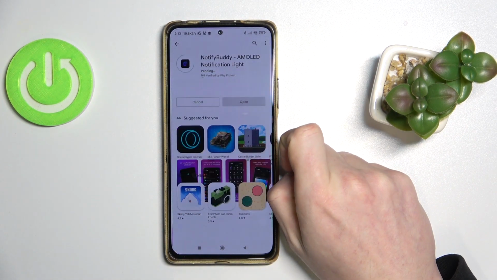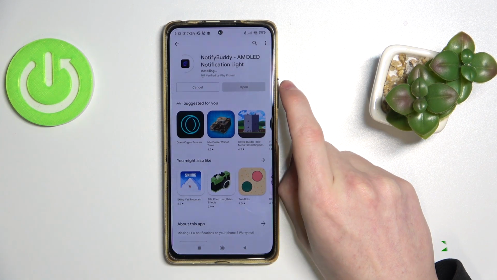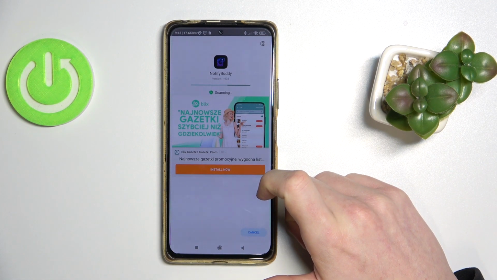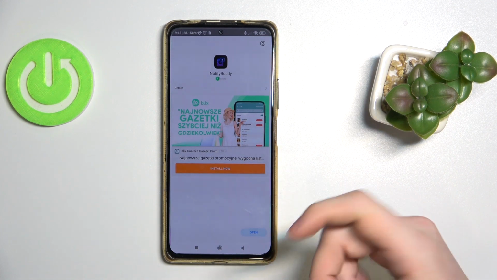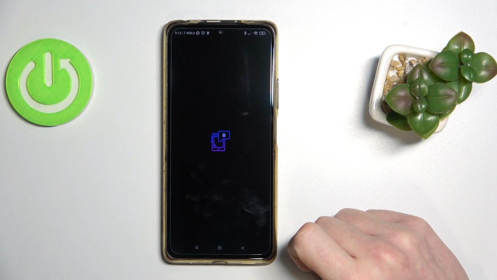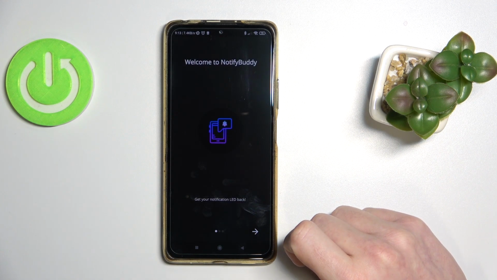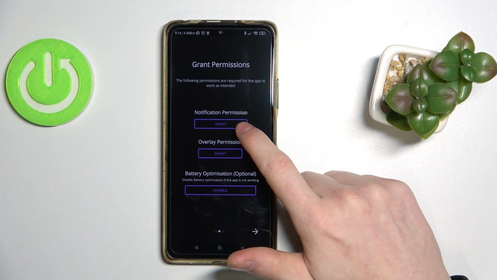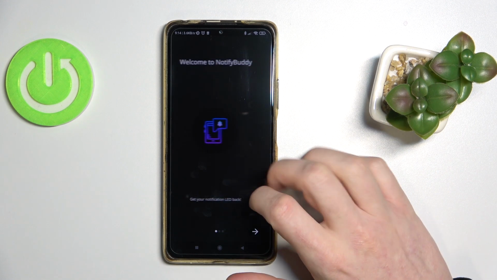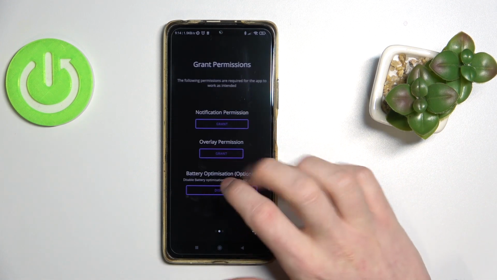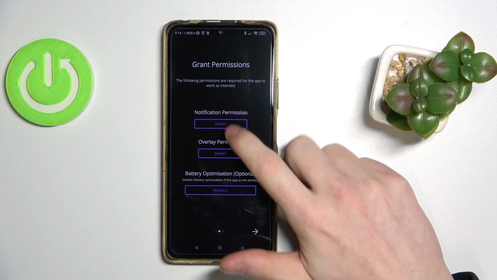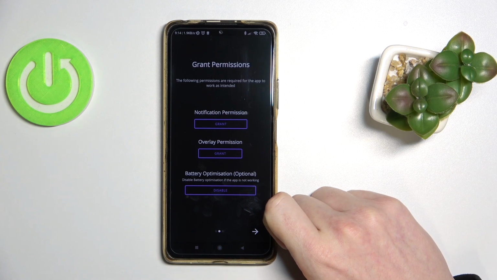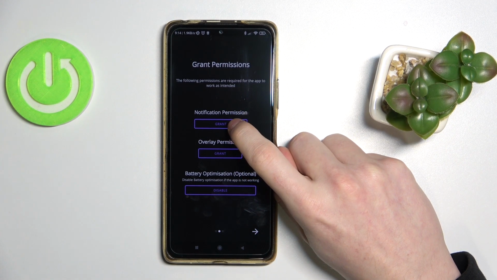Now press install. Now my phone actually is scanning the app for any unwanted software, but you might not have it. I'm gonna press open. And here you will have a briefing for the app, and you will need to grant three of the permissions. You need to scroll it to the right like this, and you'll need to grant three of the permissions and disable the battery optimization. So let's get to the first one, and we're gonna press grant